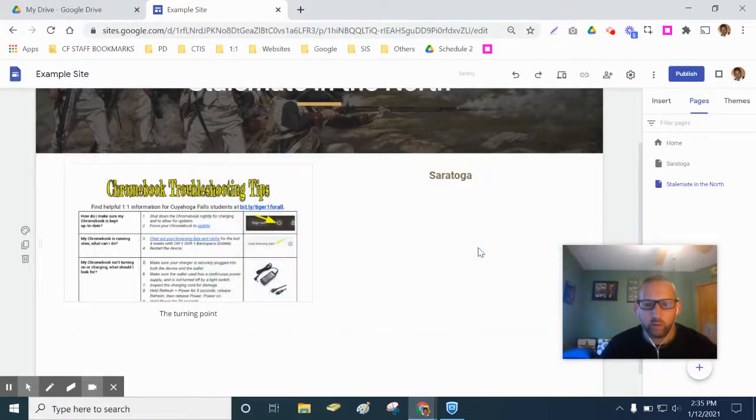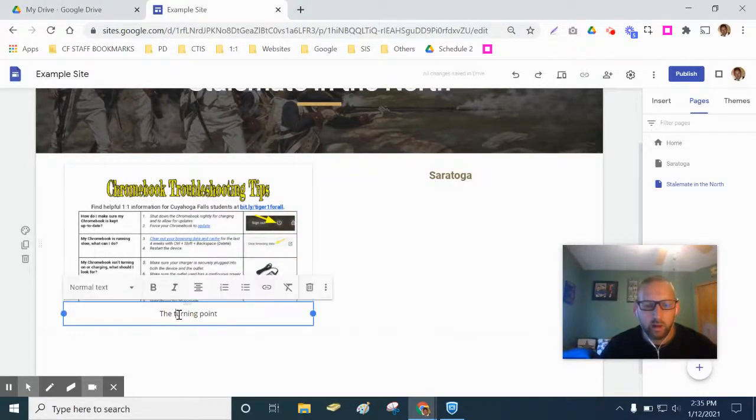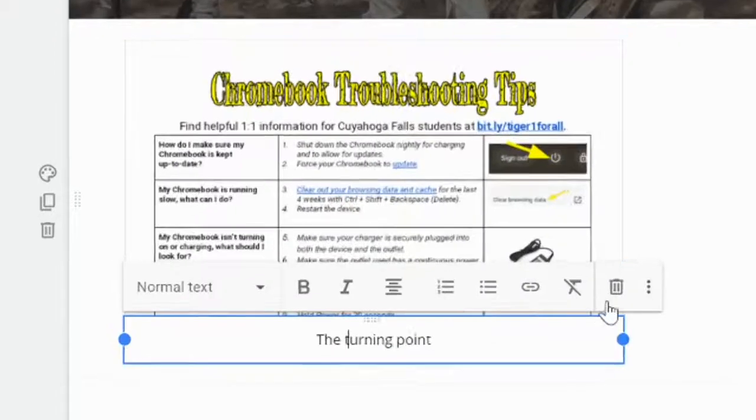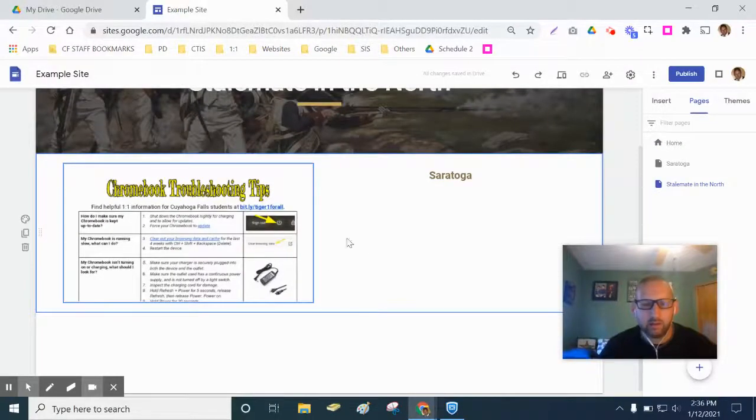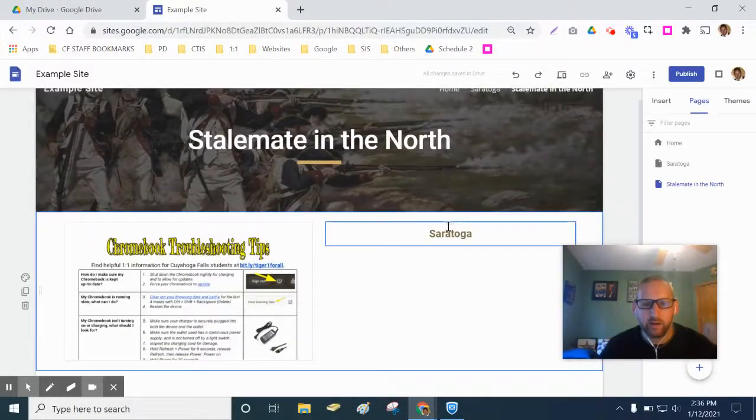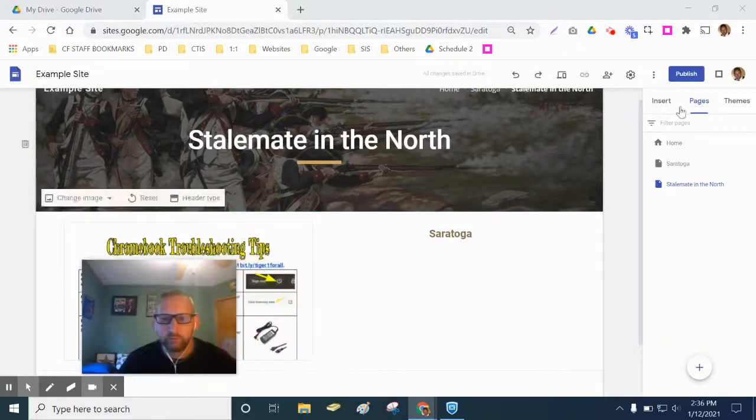And let's say I just move it over here to the right. And let me practice deleting this one. I'll use the trash can. So there are some new elements that you might not have used before, but it's very easy to learn and understand. Okay. The other thing I would like to do on this page,